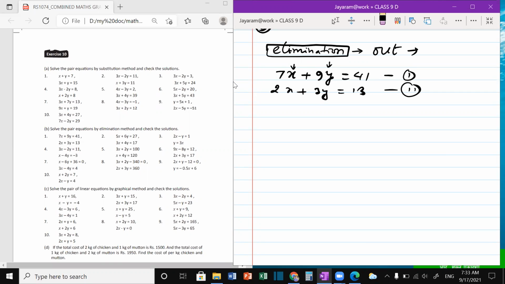Now, the only very important thing you have to understand here is which coefficient is easier to make the same. I'm repeating: which coefficient is easier to make the same. Here are 7 and here 2, and here 3, here 9. If you multiply the latter equation by 3, what becomes here? 9, isn't it? And the coefficients become the same, and you can do that. First of all, I'm explaining one, and after explanation it will be clear.